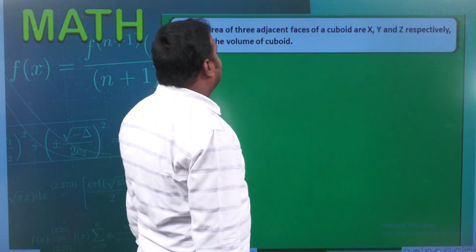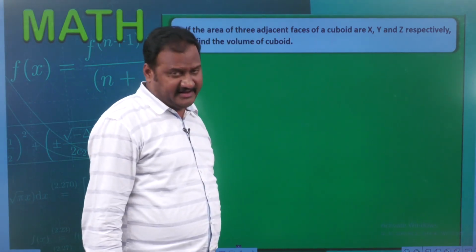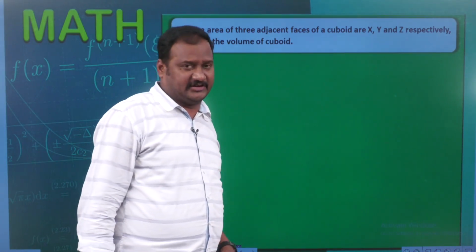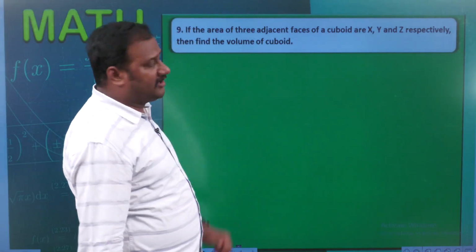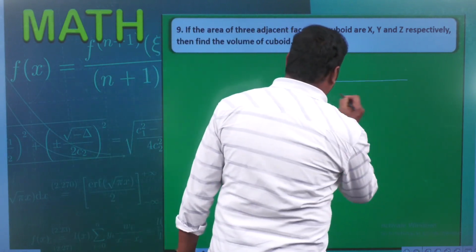If the areas of the three adjacent faces of a cuboid are x, y, z. x is the area of the first face, y is the second face, z is the third face, and these three are three adjacent faces of a cuboid. Then find the volume of the cuboid. That is the problem. I will just draw one cuboid here. So this is a cuboid,